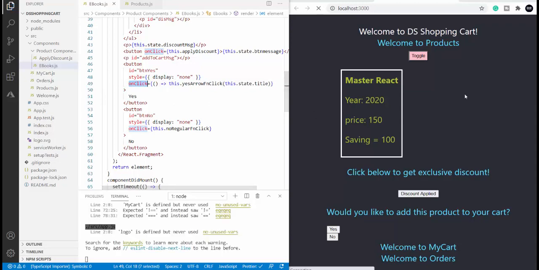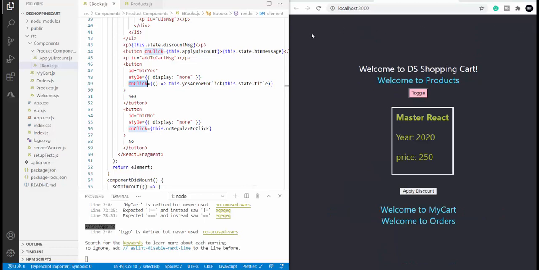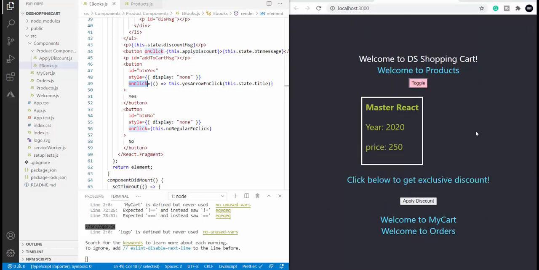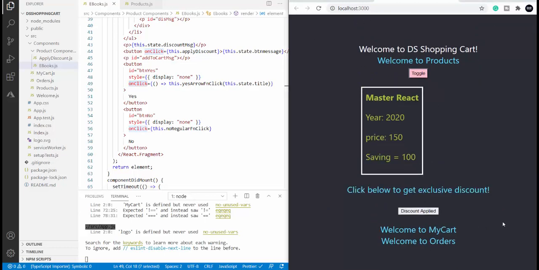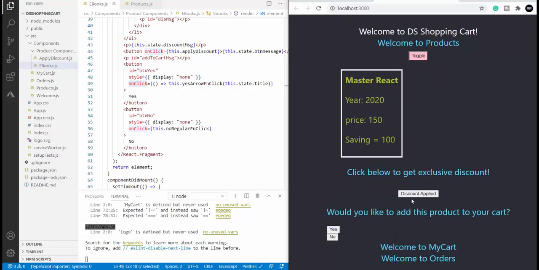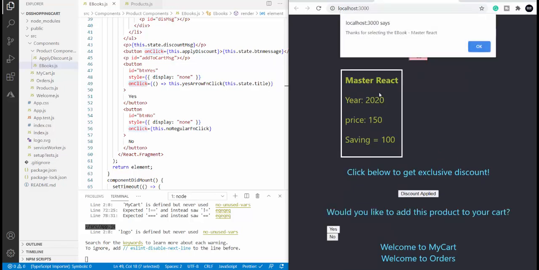So now if I save it, I'm not getting any recursive alerts, and apply discount button is clicked, and now yes button is clicked. I'm getting the correct result. So that was one thing that you have to remember when you are passing any parameters along with the function.